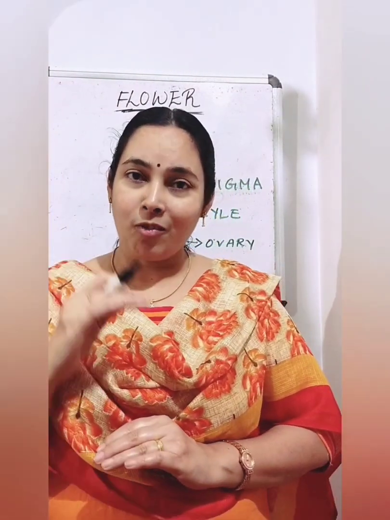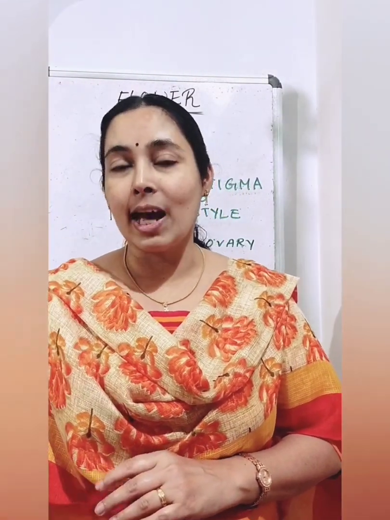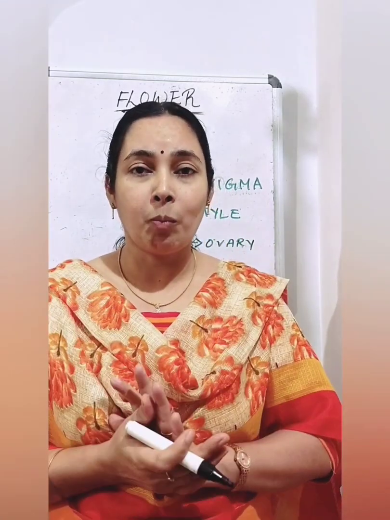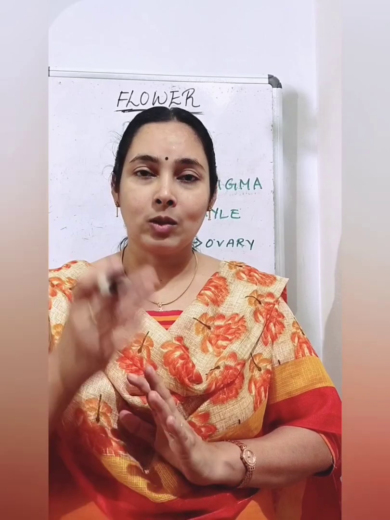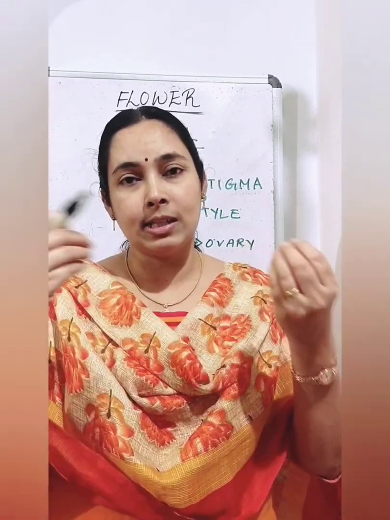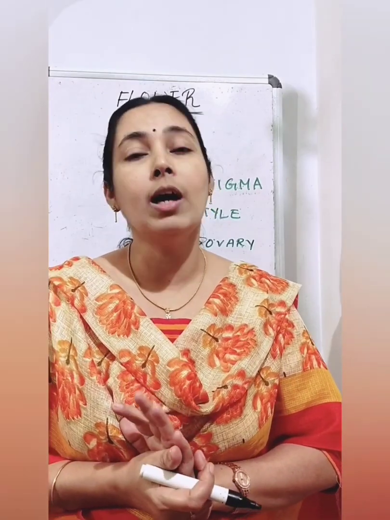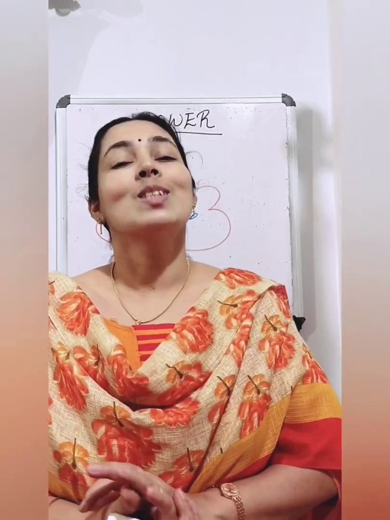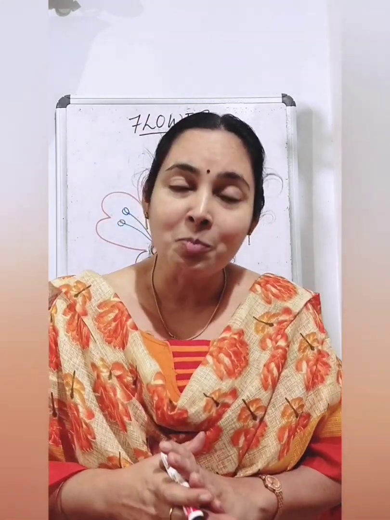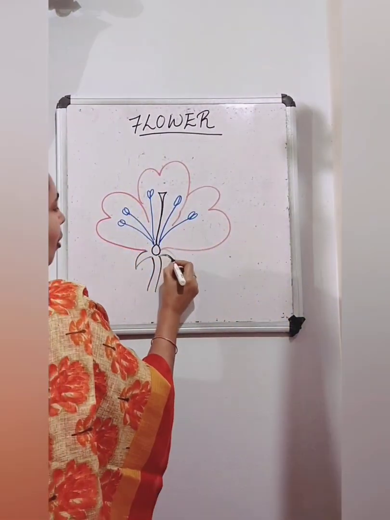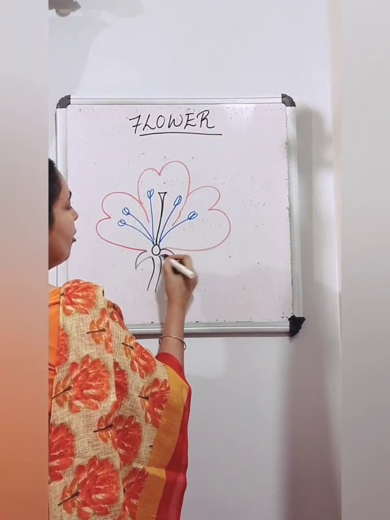So now after watching the video, go outside, pluck some flowers and observe all these four parts carefully. So separate the sepal, petal and observe the stamens. Then separate stamens and observe the pistil also. Okay. So which is the outermost part of a flower? The outermost part of a flower is sepal. So this is the outermost part of a flower.